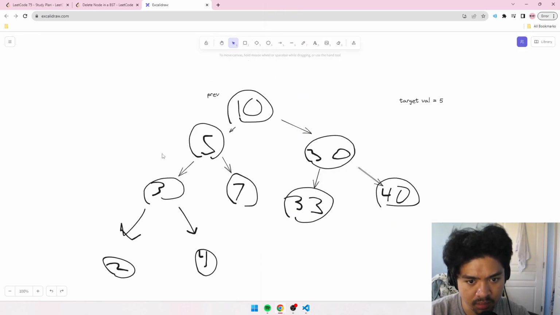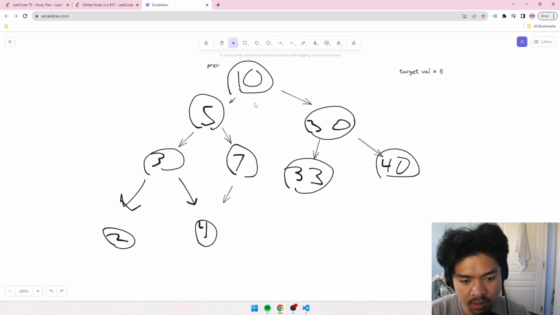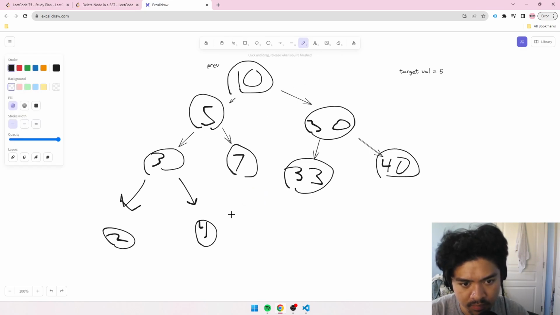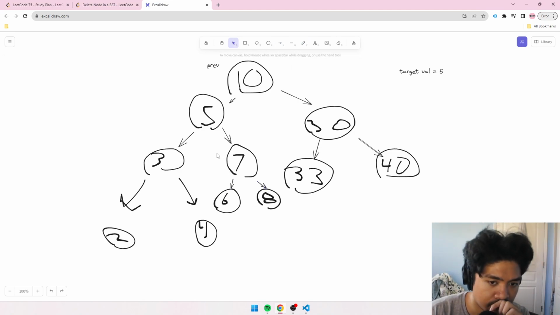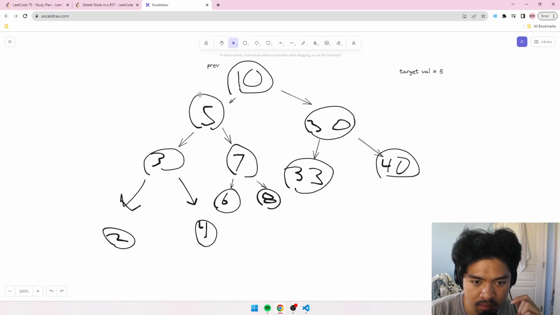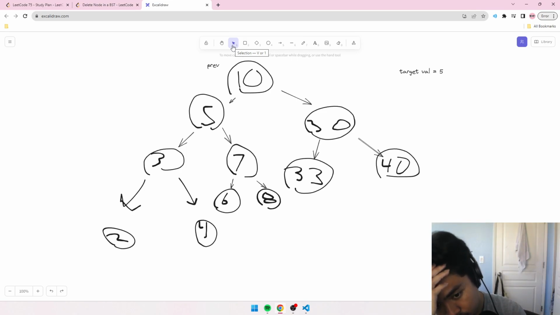That's the question. I don't know. But what if I also had like 6 and then like 8, right? What if I had it like that? I would say that 7. Yeah, I would need to go all the way left. Because I guess